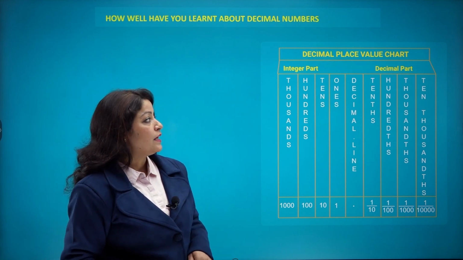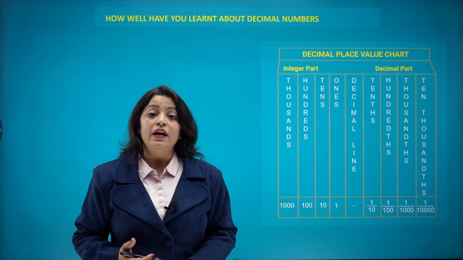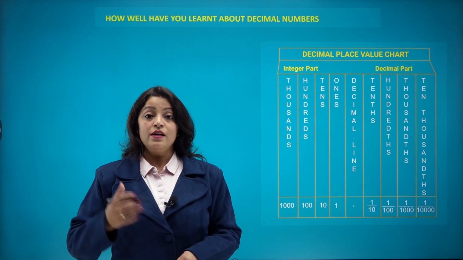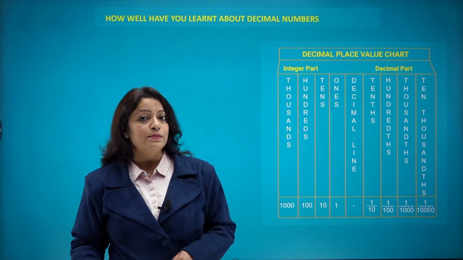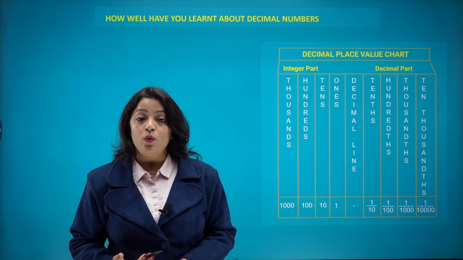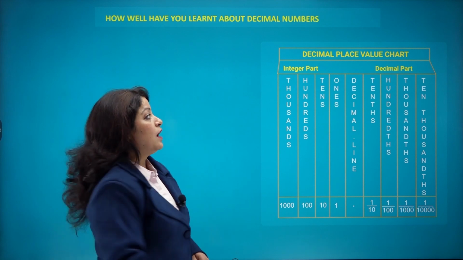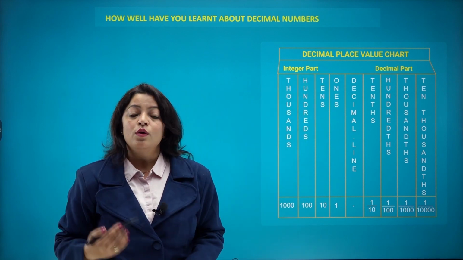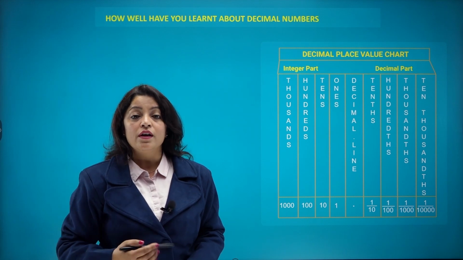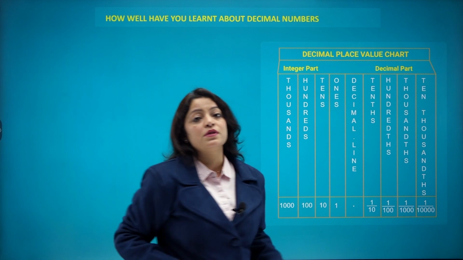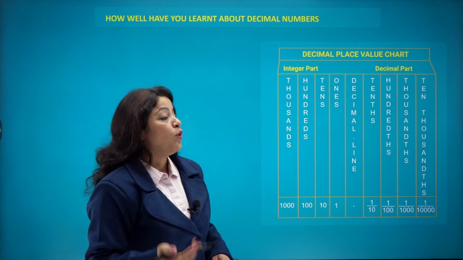So here you can see the integer part. Every decimal number is divided into the two parts, right? Few numbers are written before the decimal, few numbers are written after the decimal. The numbers which are written before the decimal are termed as the integer part, and the digits which are written after the decimal are called the decimal part. They form a whole decimal number. Also we know